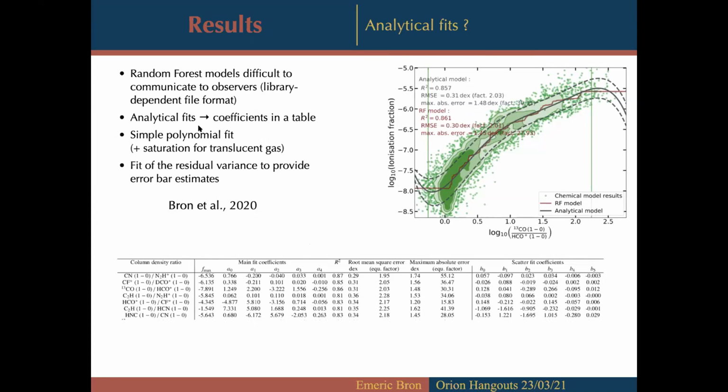So we also provide simpler analytical fits that can be provided as a coefficient table, so much easier to use. And we also did an analytical fit of the scatter of the data points around this relation, so that observers can estimate not only the ionization fraction, but also the uncertainty on this estimation of the